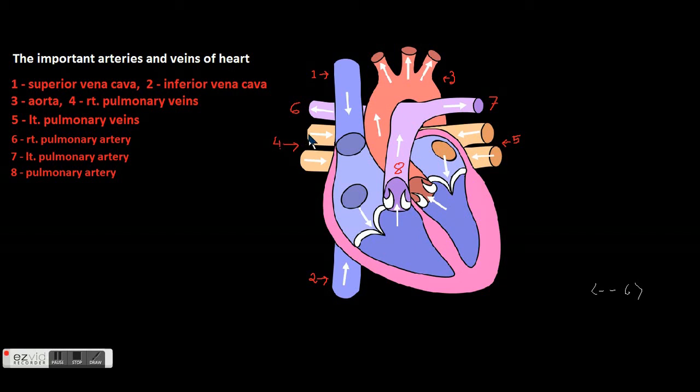The thickest artery is the aorta. It is the main artery. That means the first exit path from the heart. It has lots of blood pressure in it. And 4 is the right pulmonary artery, and 5 is the left pulmonary artery. That means through 4 and 5, impure blood is going to lungs. So that is the right pulmonary artery and left pulmonary artery. So when blood goes to the lung, it goes through an artery. In this case, impure blood flows through the artery. In pulmonary circulation, impure blood flows through the artery. In systemic circulation, pure blood flows through the artery.